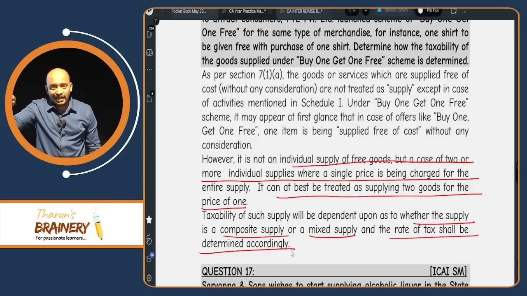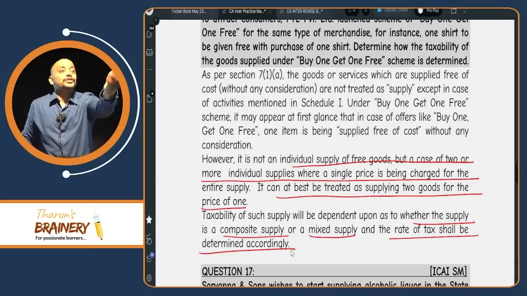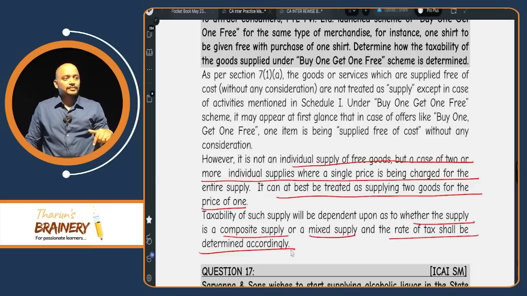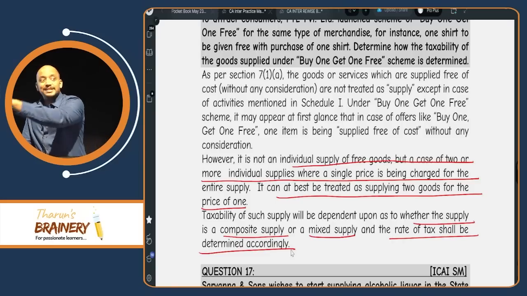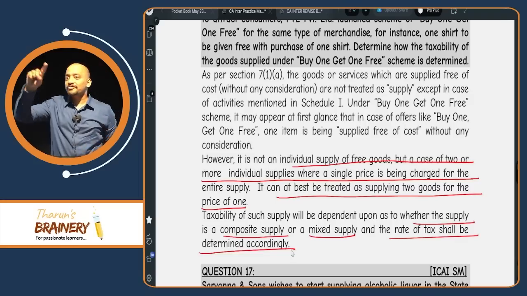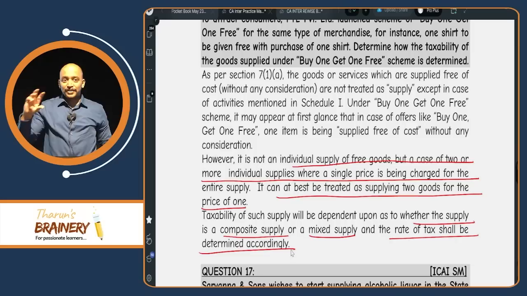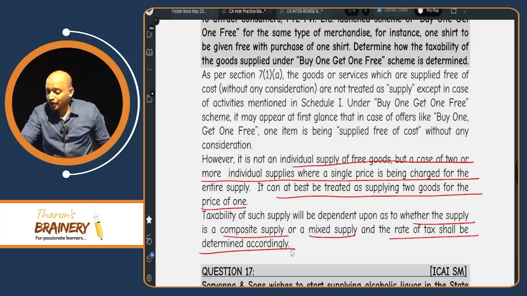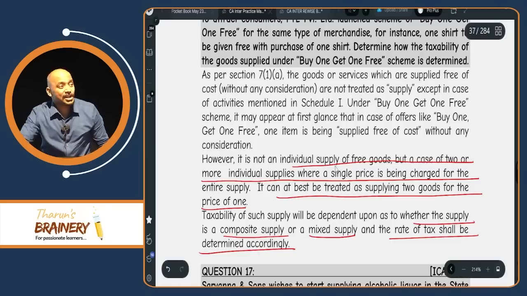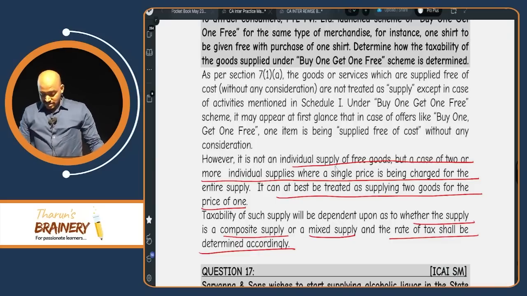Means on that free product, whether we pay GST? No. But the free product is going to influence the rate of GST. How? Soap powder 12%, bucket 18%, highest rate is 18%, which is now applied on the soap powder. Why? The free product is going to influence the rate of GST. Is it clear? Even though that bucket is not chargeable to GST separately, the free product is going to influence the rate of GST because it will be treated as mixed supply. Clear? Then next,